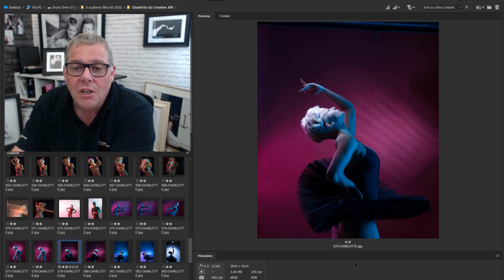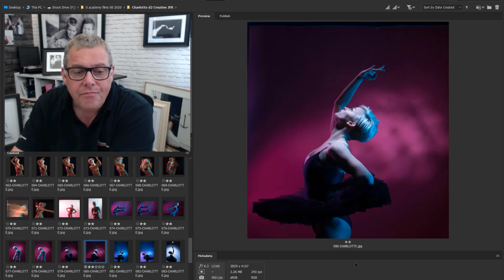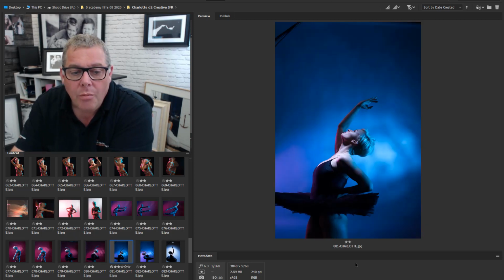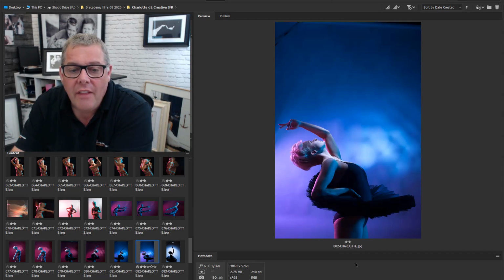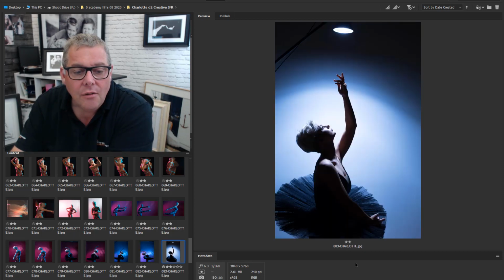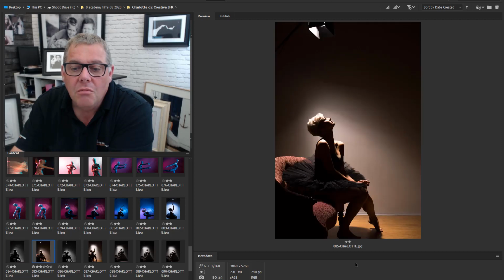Same here, just slats cut out of card, held in front of a light source to create the dynamic shape going on. Just a swapping over of the gels,